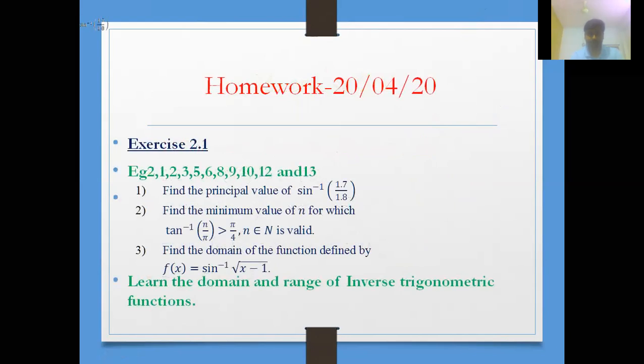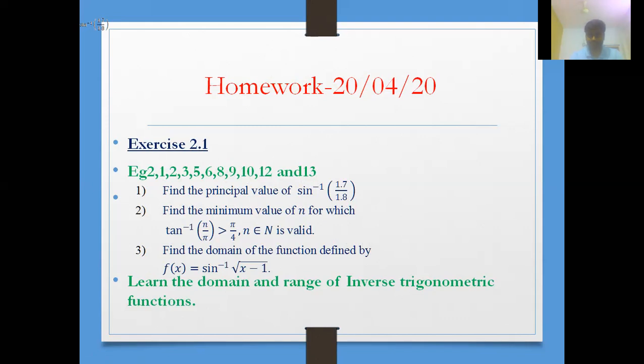That's it. Okay, so now take these for homework. Exercise 2.1, whatever is left, just go for solving all those. How many problems am I giving? 8, 11, 14. 14 problems I'm going to give. Along with these homework problems, you have to remember domains and ranges of different inverse trigonometry functions. That is compulsory. Okay, so that is very important to go forward to the next exercise in the chapter.